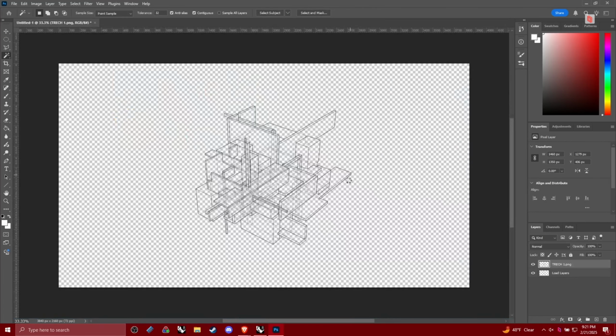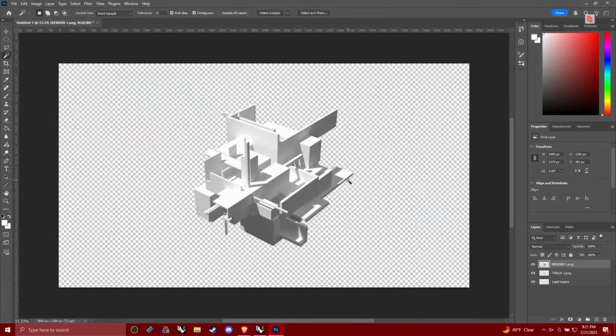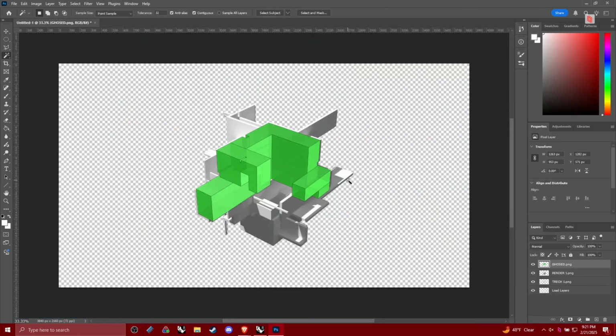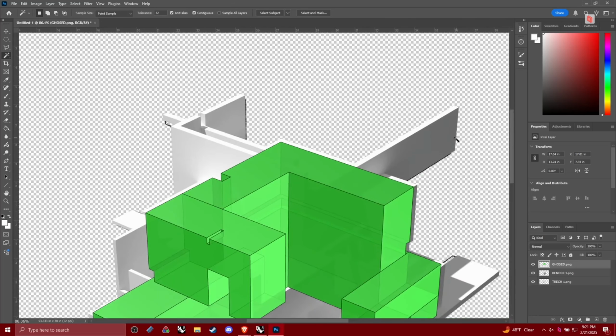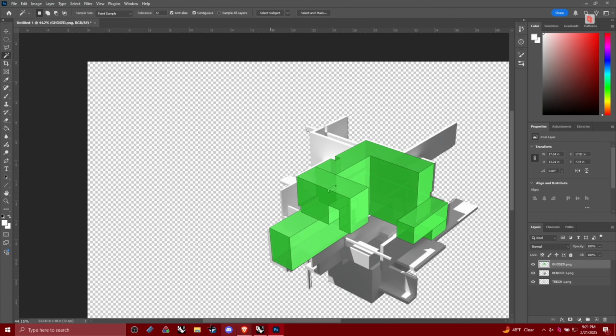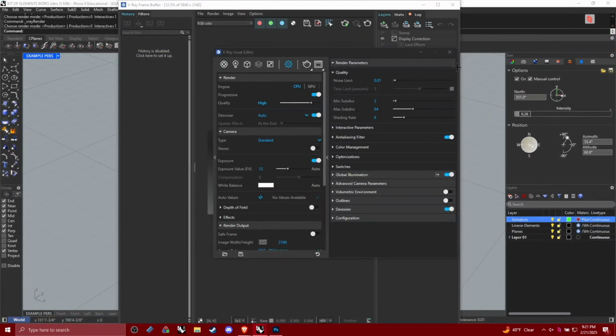And now, since I did change the values from V-Ray, you're going to see right now it didn't match up. I might know why, but you're going to see it still didn't match up. So that could be a field of view issue. And what I mean by that is if I go back to V-Ray,